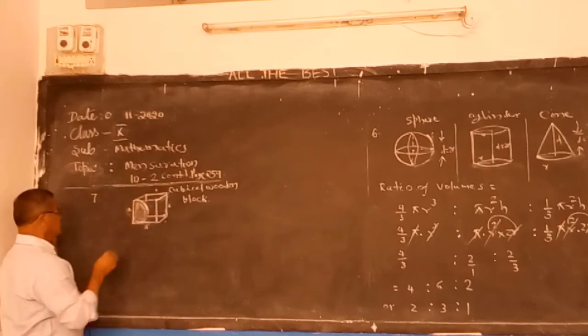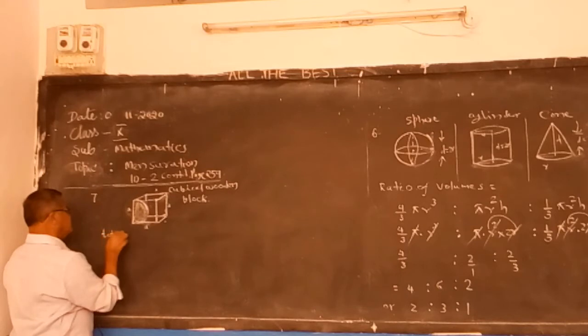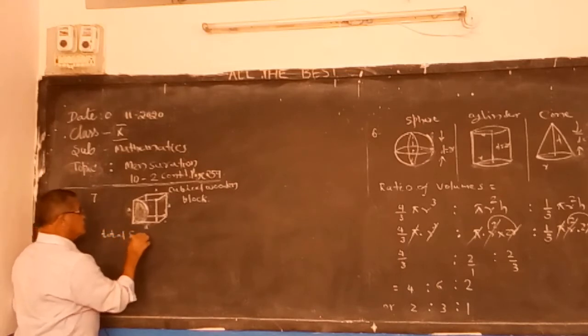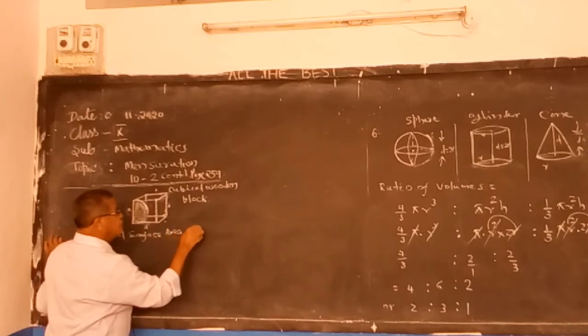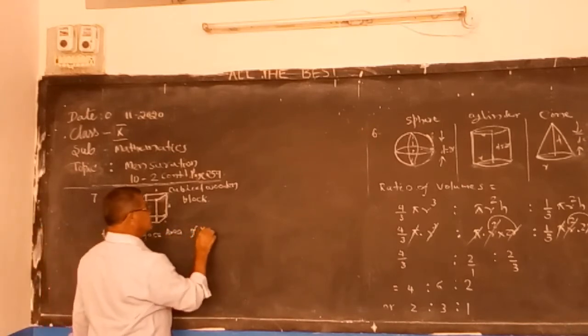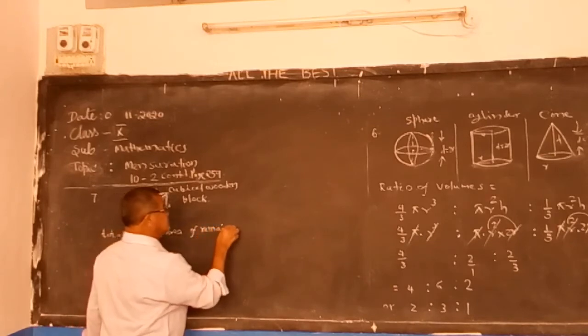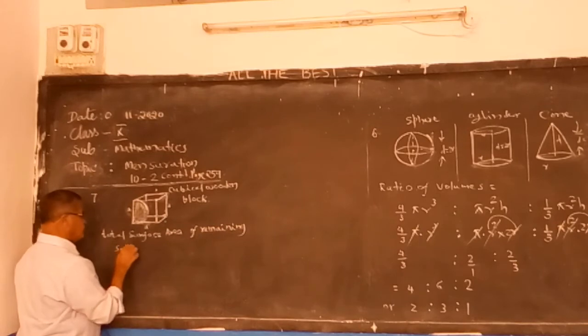So the total surface area of the remaining solid is equal to,